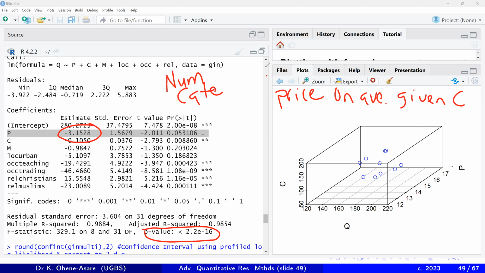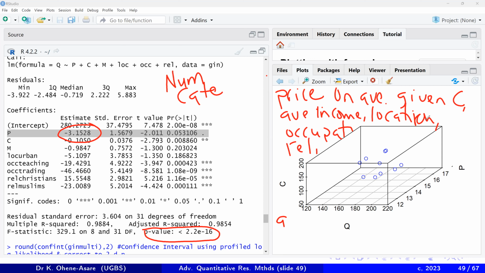Given the complement price of gen, average income of the people, which is the M, location of the shop, occupation and religion of the people,